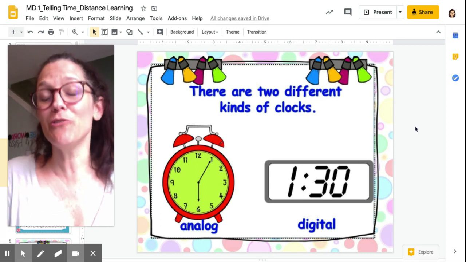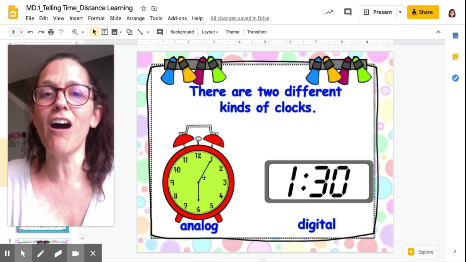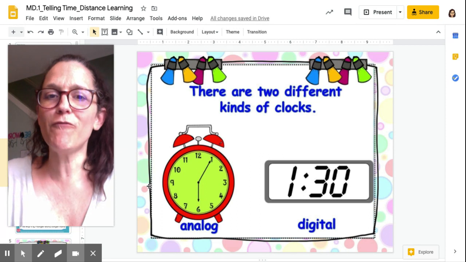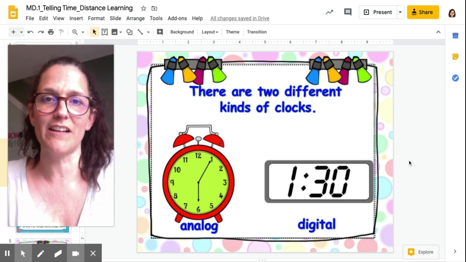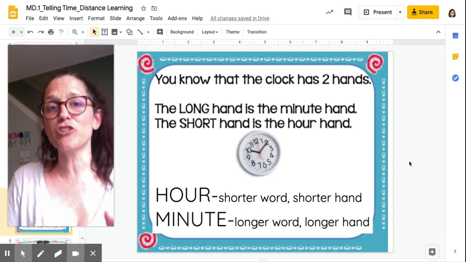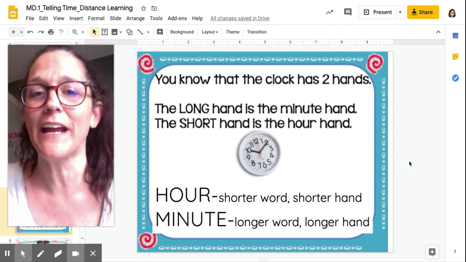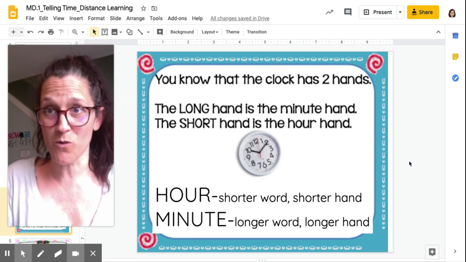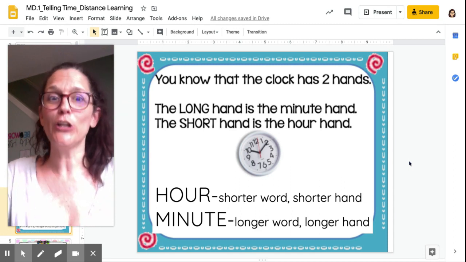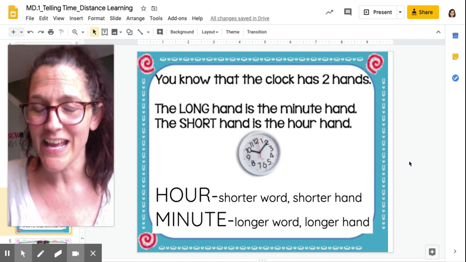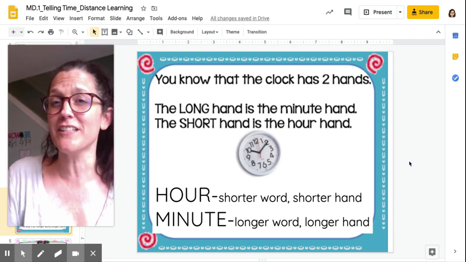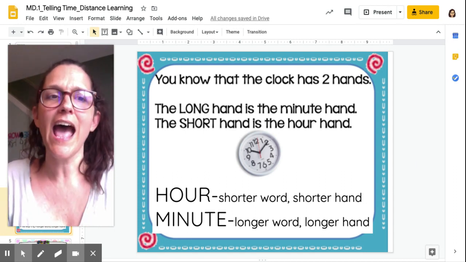Okay, there are two different kinds of clocks, an analog and a digital. We're going to be focusing on the analog clock today. An analog clock has two hands. The long hand is the minute hand, and the short hand is the hour hand. Hour, shorter word, shorter hand. Minute, longer word, longer hand. That helps me remember. You can pause and write it down, or you can just remember it as you're practicing